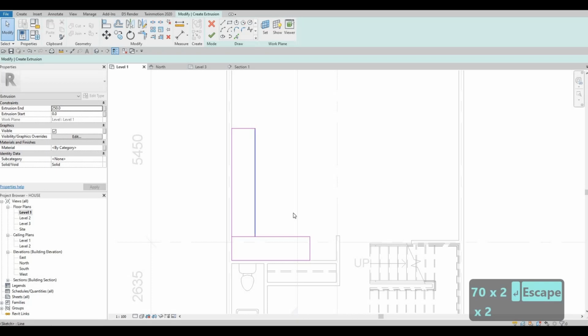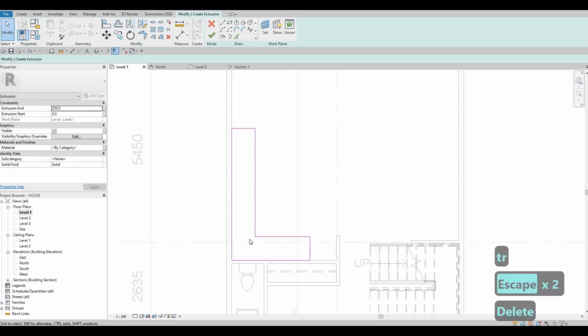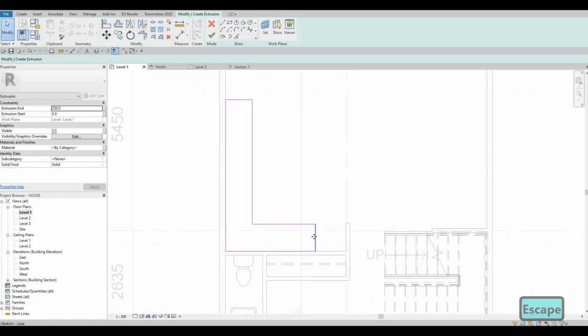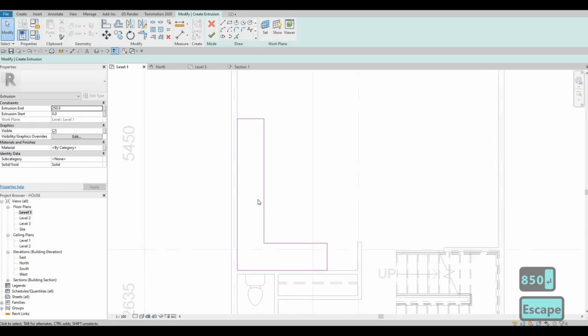And then once we have our L shape, we can now trim and then delete the middle. So now we're set. We could delete this and then trim it properly so that we don't have overlapping as well. So here we could give it around 850 room from this wall. And then now